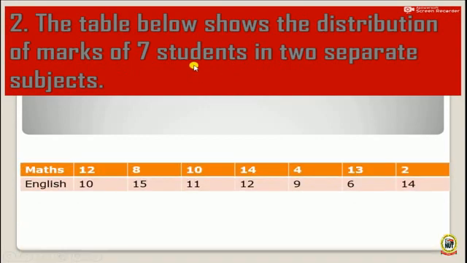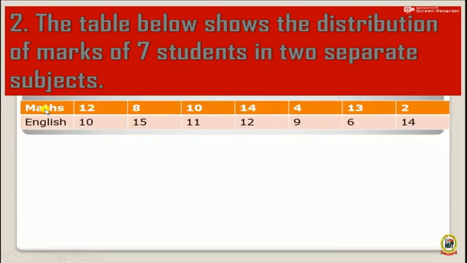Example number 2. The table below shows the distribution of marks of 7 students in 2 separate subjects. This question came out in BECE 2015. The table below shows the distribution of marks of 7 students in 2 separate subjects, and the subjects are mathematics